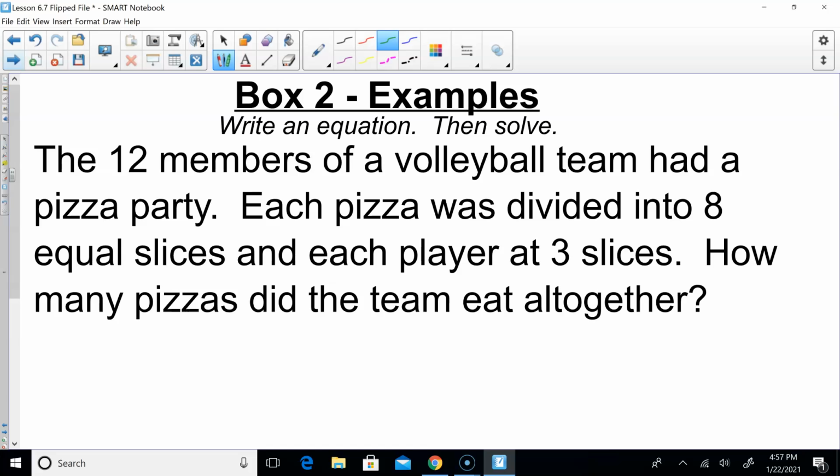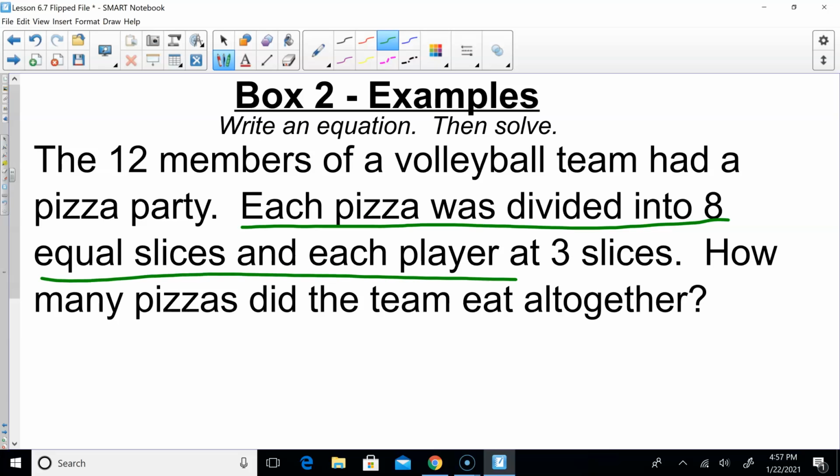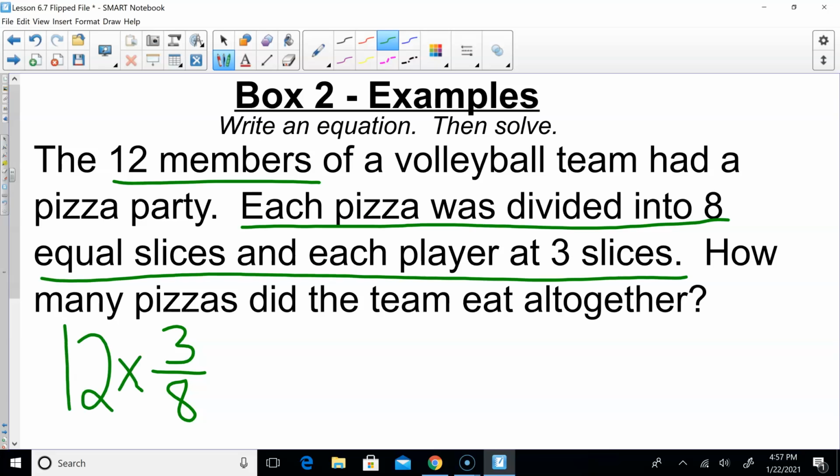So if we look at this one, we have to think, well, what is our fraction? I don't see a fraction here, but if we look closely, a lot of our fraction is being told by this sentence right here. Each pizza was divided into 8 equal slices. So if that's the size of them, we know that 8 has to be my denominator. And each player ate 3 slices, so they ate 3/8 of the pizza. That would be one player because it says each player. Well, how many players do I have? I've got 12 members. So that means I would take 3/8, which each player eats, and multiply that by the 12 people that are on the team. And just like that,